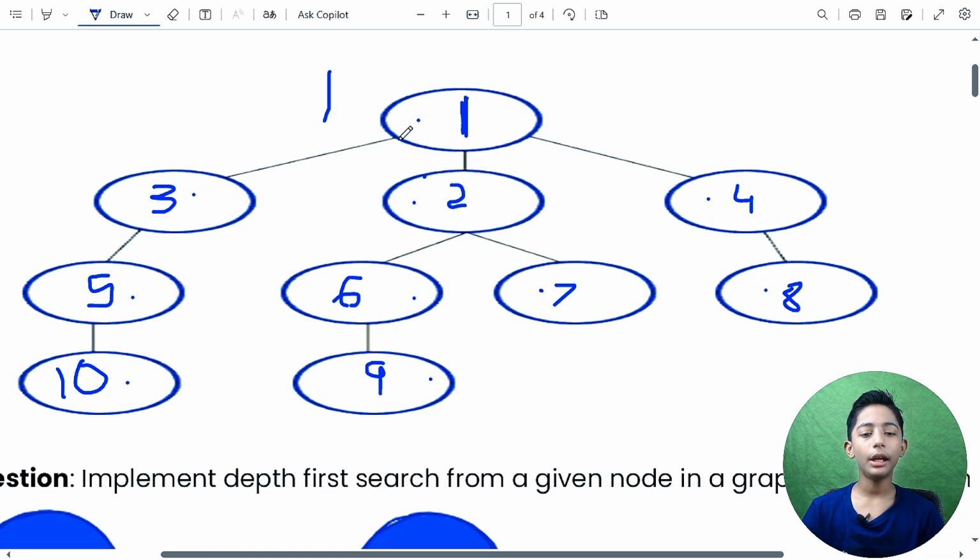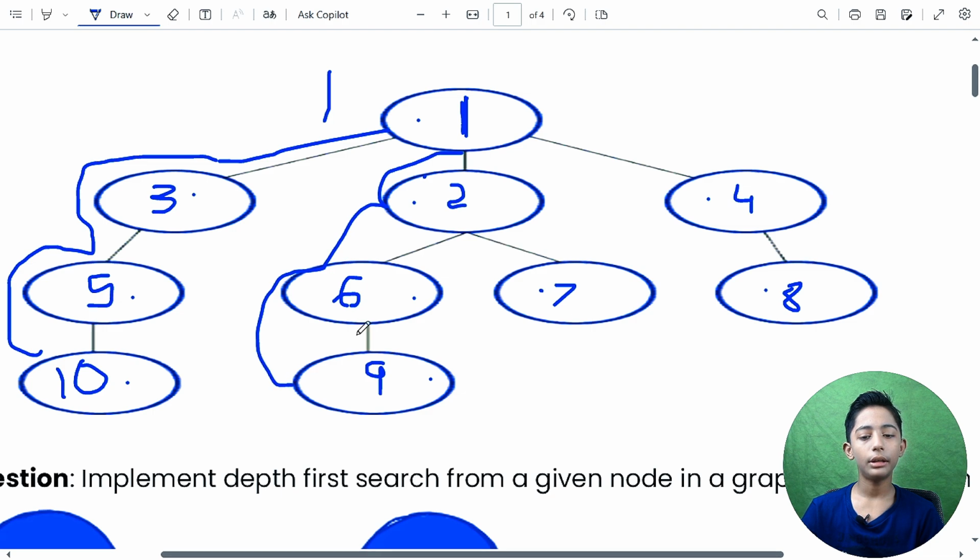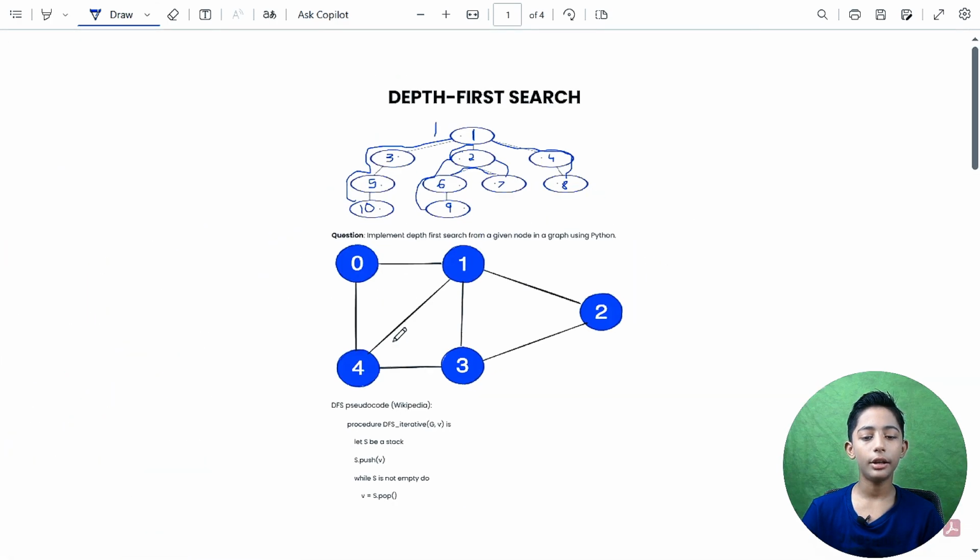In this graph, 1 to 3 has gone, then 3 to 5, then 5 to 10, then 1 to 2, then 2 to 6, then 6 to 9, then 2 to 7, then 1 to 4, then 4 to 8. Here you can see it.